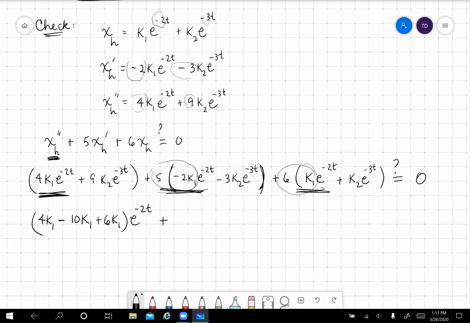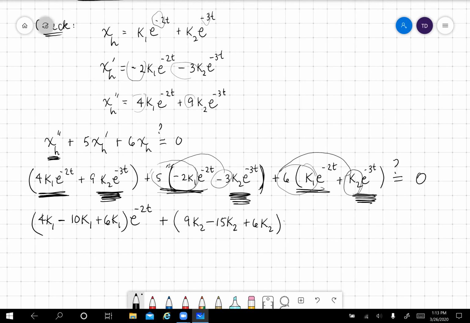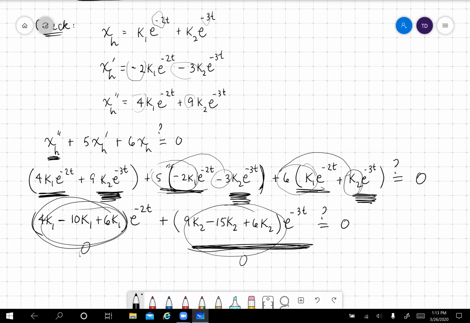Let's get the e to the minus 3t terms. This one, and this one. 9K2. Don't forget this minus 3 is still multiplied by that 5, minus 15K2. This K2 over here is multiplied by that 6, plus 6K2 e to the minus 3t. All of this came from the e to the minus 3t terms, so you can see how everything inside of this parentheses is equal to 0. You can see how everything inside of this parentheses is equal to 0. So indeed,